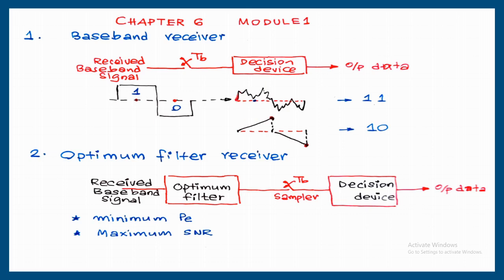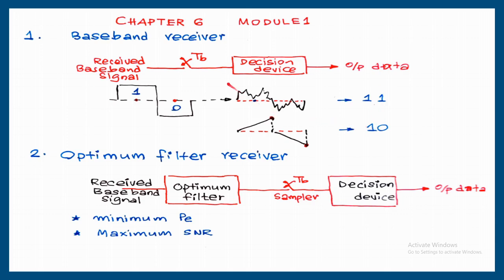So that I am showing here. From 0 to TB, integrated, at the end of TB second, capacitor voltage is maximum. That maximum voltage is going to be taken at the output of the switch. It's a positive voltage, decision is 1. Immediately after that, the capacitor voltage should come back to 0. Then again capacitor charging, now it's a negative voltage. Even though here there is a small positive voltage, when you are taking the area, it is negative only. So capacitor charging in the negative direction. At the end of this bit interval, capacitor voltage is negative. Switch is going to be closed. We'll get a negative voltage, decision is 0. See the difference between these two. First case we got 1 bit error, second case we are not getting error.